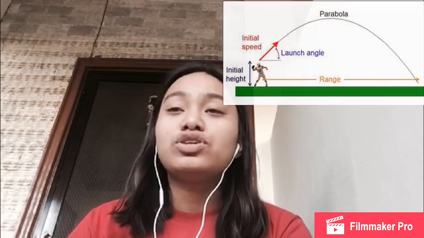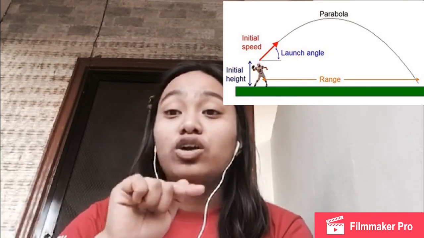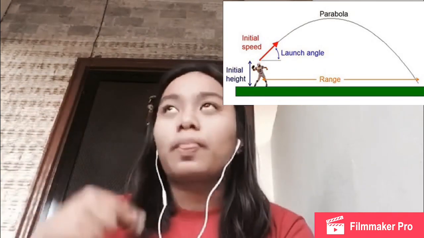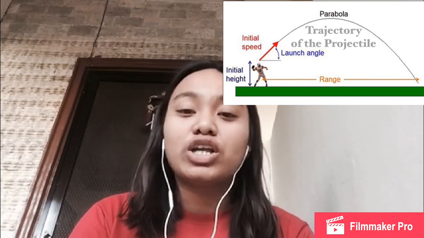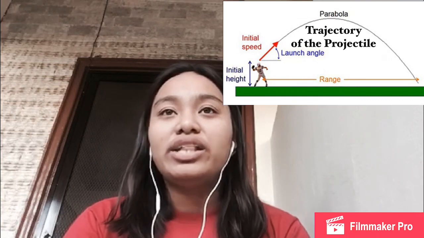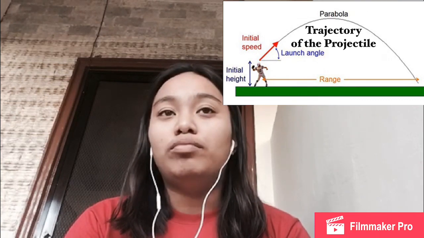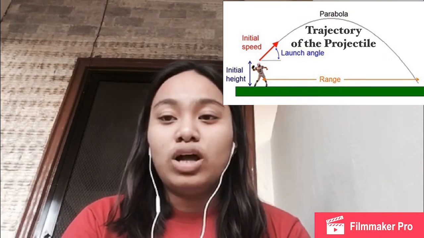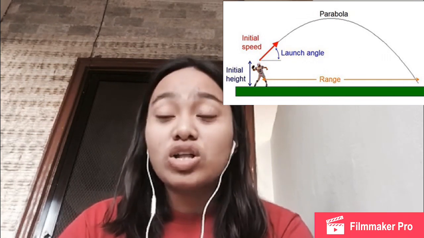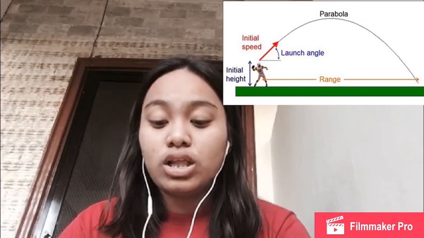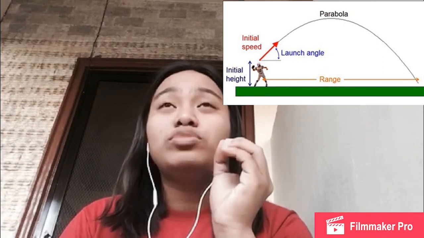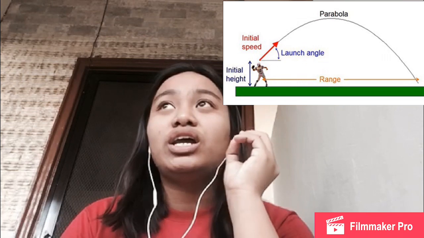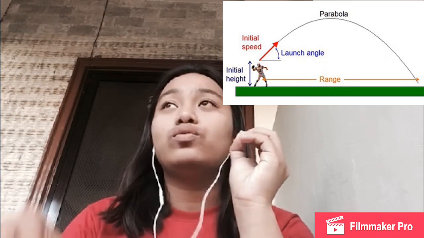horizontally at a certain angle and it falls to the ground, creating a curved path. That curved path is called the trajectory of the projectile, and its shape is a parabola. The horizontal distance between the point where the object is placed before it is thrown and where it falls